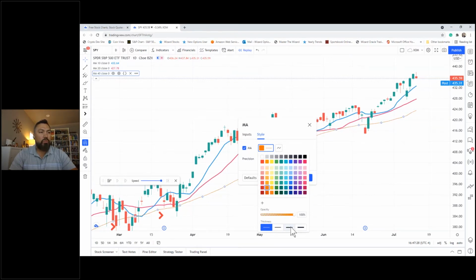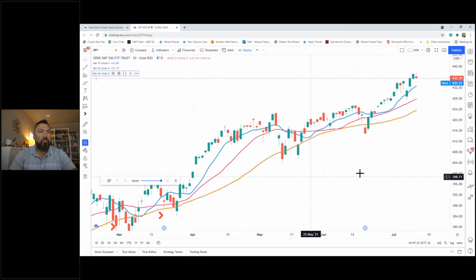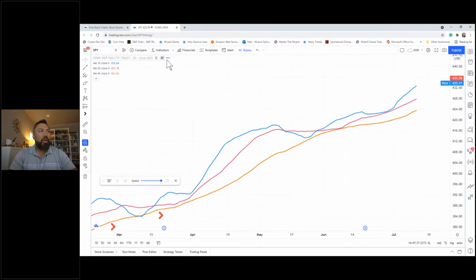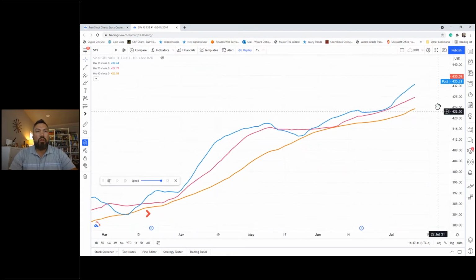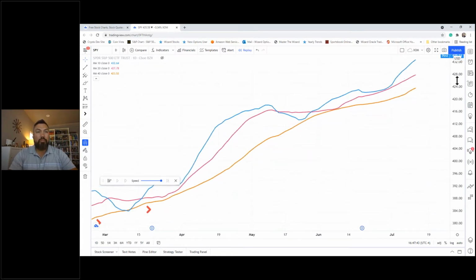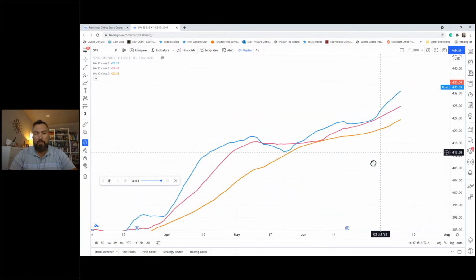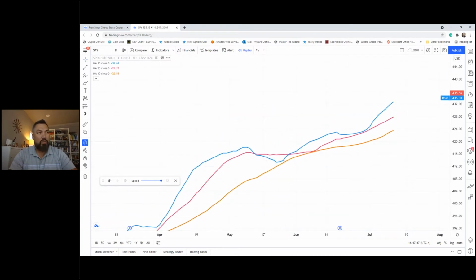What color do I want? That dark orange, I think, can shine well on your screens. So now we're going to add a third dimension to the trends. So now I've got 3 lines. Okay, I've got a dark. Now we're on the SPY. This is not the NASDAQ, so I change this to the SPY.